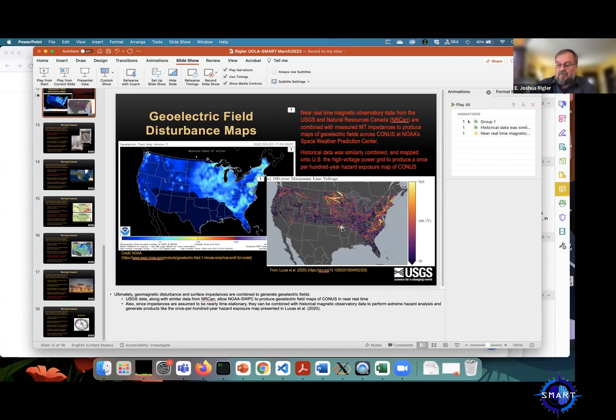I didn't really describe what those are, but basically people go out with both some long wires and electrodes that they plant in the ground, and they go out with some magnetometers, and they measure the electric field and the magnetic field at the same time for maybe 2, 3, 4 weeks. And that's enough time to actually get a good sense of what that localized impedance is. And then once you have those impedances across that entire region, you can actually invert those for improved conductivity models of the below surface lithospheric and even mantle conductivities.